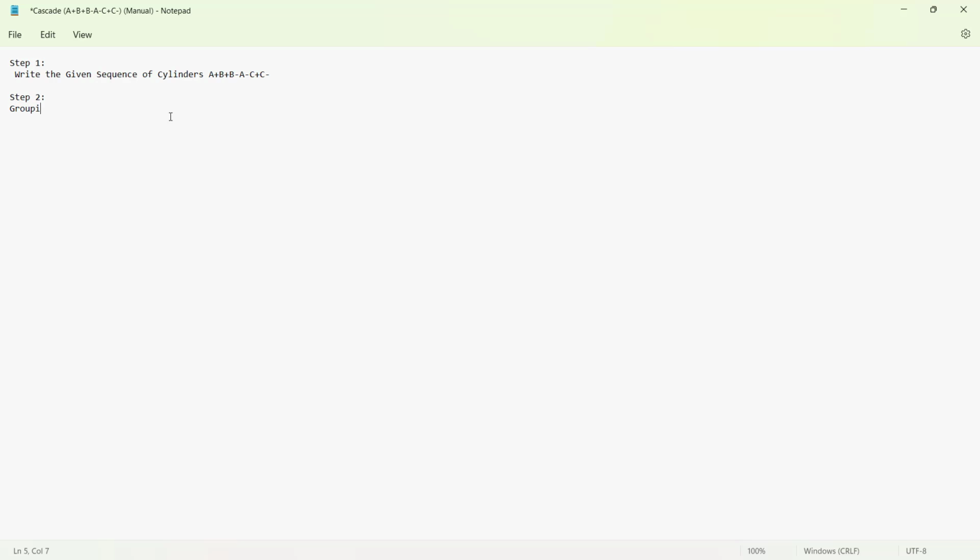Grouping the given sequence. We have 3 cylinders, and in total we have 6 sequence steps. So we divide it into 2 groups with 3 steps in each group, such as A plus, B plus, B minus